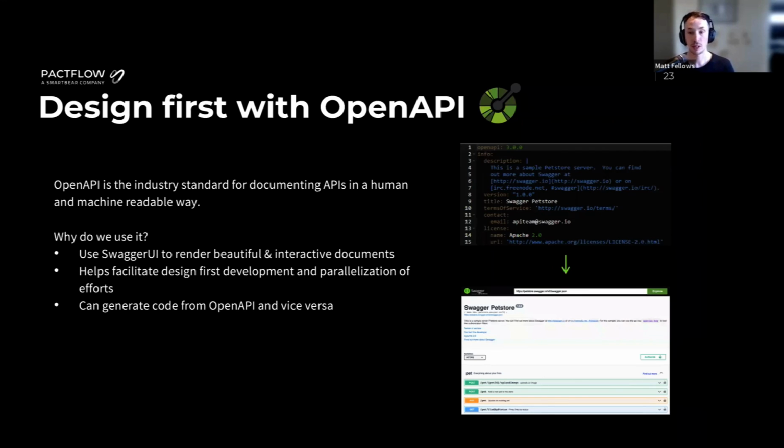Now, because they're machine readable, as I said before, it can enable some really cool things. For example, we can use it to generate server stubs that our provider can use to immediately start building a compliant server. And we can also use it to generate API client code as well, which can interact with that server to save you having to write code. So really just rapid scaffolding tools. We can also use it to generate mock services, as we talked about earlier. Previously called Swagger, SmartBear has donated this open source initiative to the Linux Foundation and has continued to support the community through the open source tools and development of that standard.